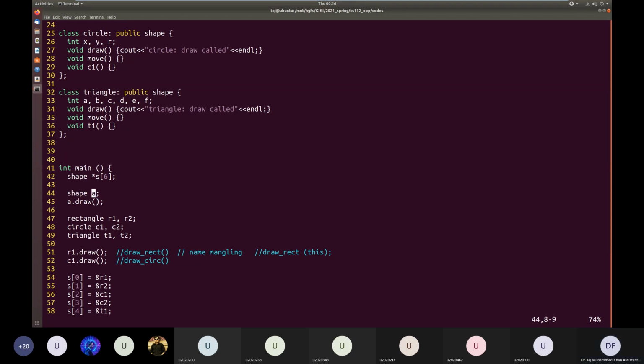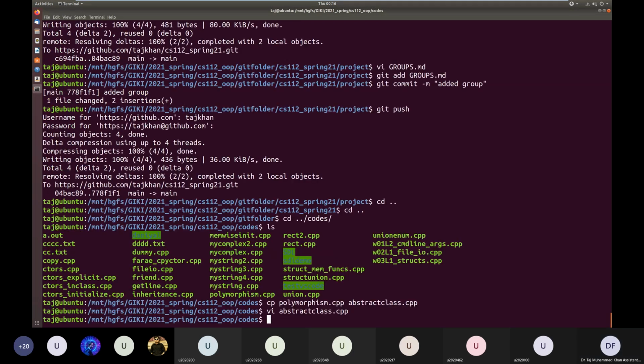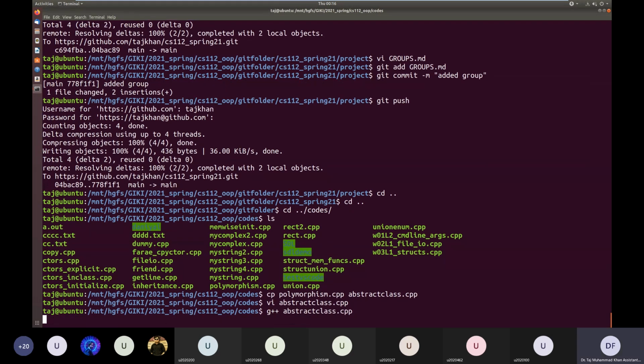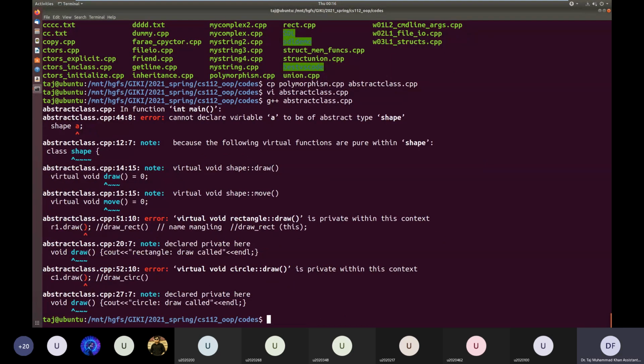So let us try to compile this, and the compiler will basically tell us that we cannot declare variable A to be of abstract type shape. Okay? Shape is now no more a concrete class, it's an abstract class because it has pure virtual functions.